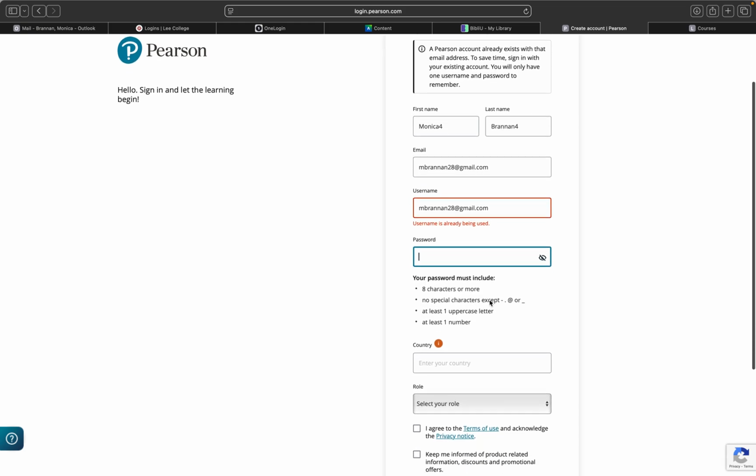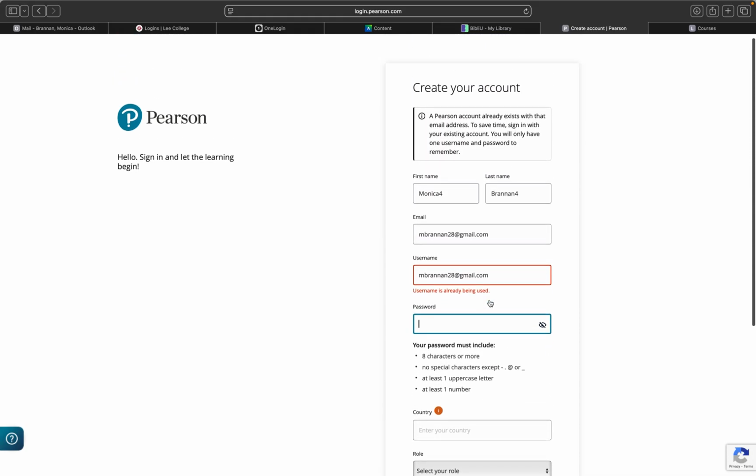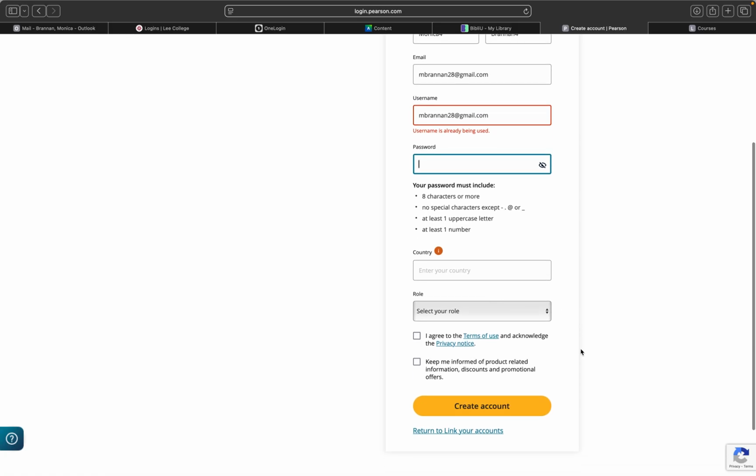So you're going to fill this out, and if you have trouble with this, go ahead and fill all this out, and then it'll ask you for a code. That's where you use your BibliU code, and you put it in there, and it'll automatically connect our MyLab and Mastering homework to our Blackboard account, okay?